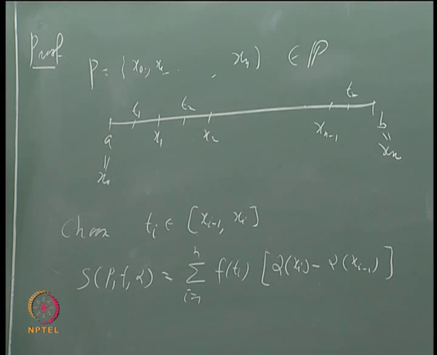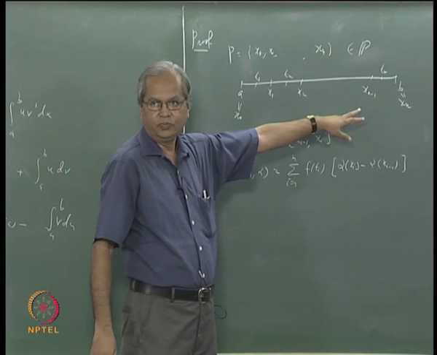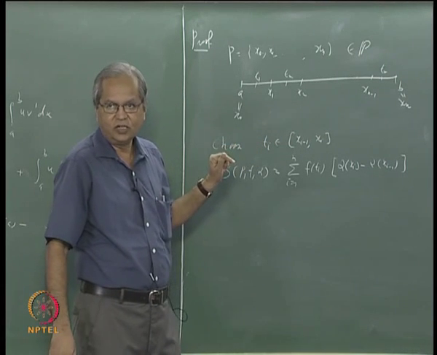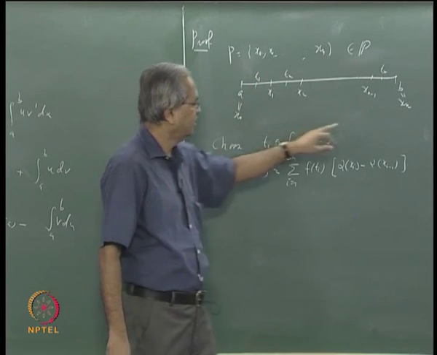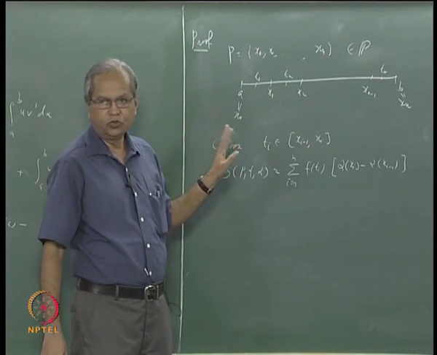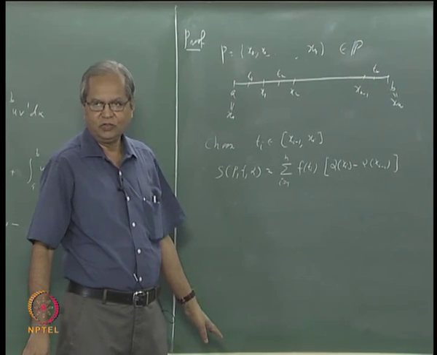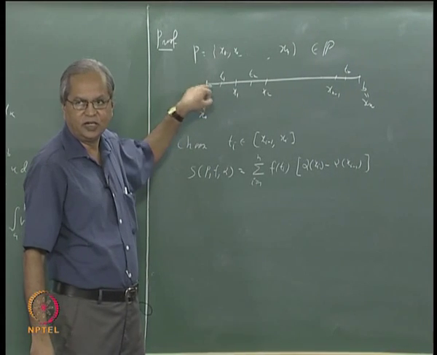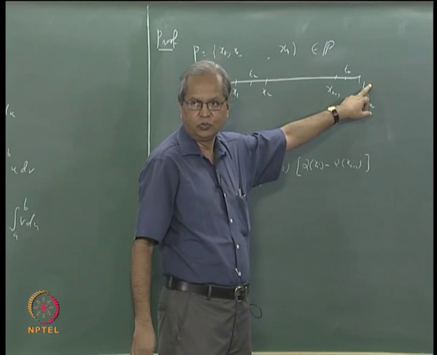Now what we do is that we also look at one more partition, and that is a partition given by T1, T2, ..., Tn. But the only problem is this: till now, for all partitions we had assumed that x0 has to be a and xn has to be b, but about T1, T2, ..., Tn we do not know that. We do not know whether T1 is equal to a or whether Tn is equal to b, but that is not a problem. If it is not the case, we add those points; I add additional points, take T0 equal to a and take T(n+1) equal to b.